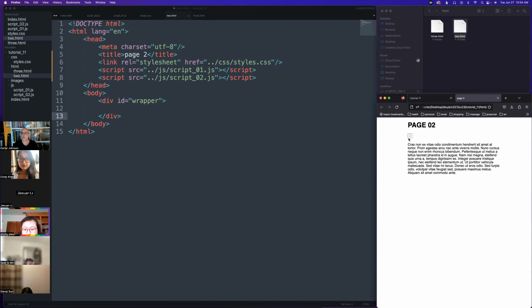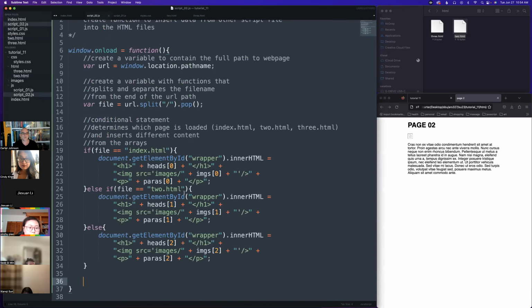So let's go see why the image is not working for page 2. That's because we didn't put a ../ in front of it in the IMG, right? So let's go to script 2. If the file is equal to 2.html, we need the ../ in front of it, right, just like images. For page 2. We also need that for page 3. We need ../